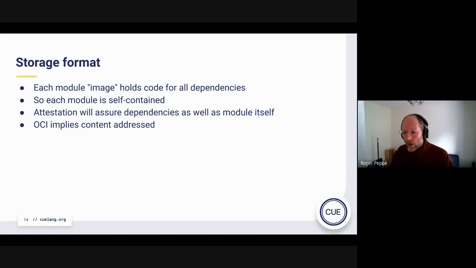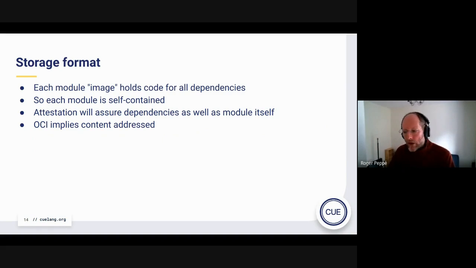So if you download one module, you'll get the module and its dependencies. Of course, the queue tool doesn't have to download the entire module, because in the OCI format, these things are independent. You have independently downloadable layers. So if you already have a dependency, you don't have to download it again.